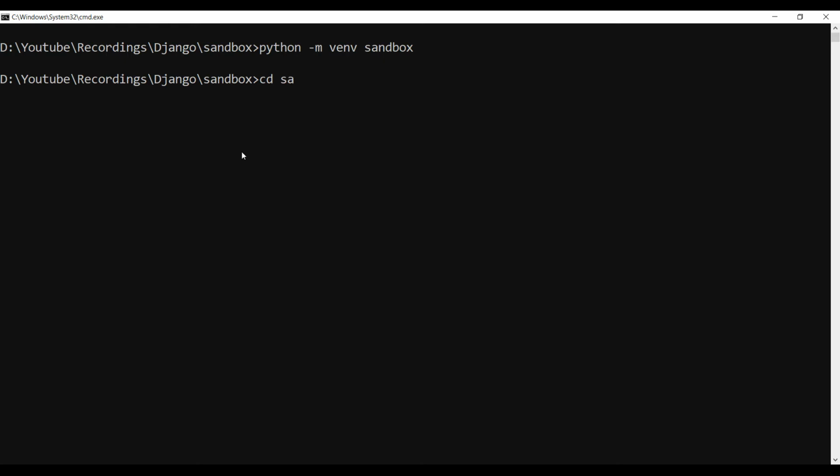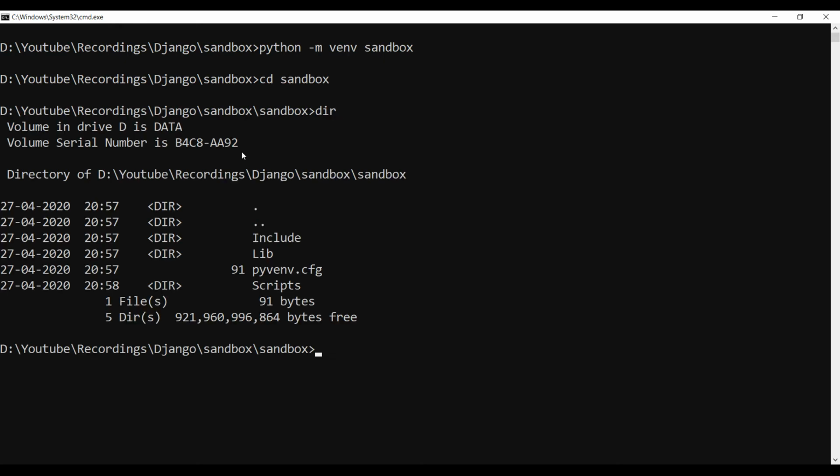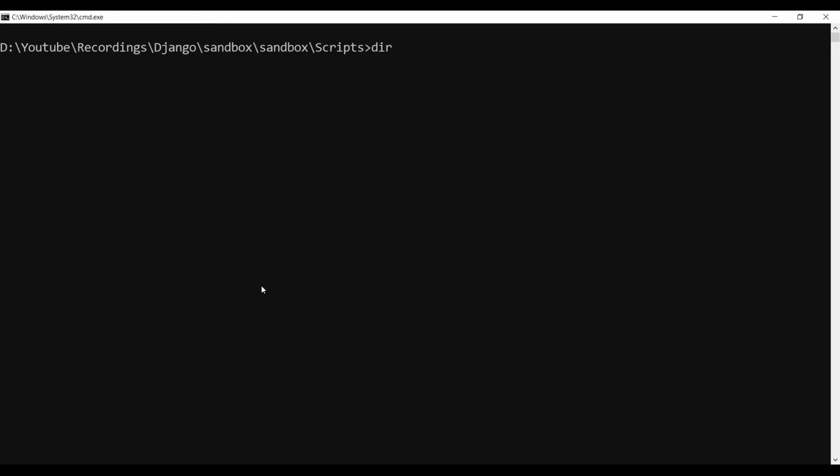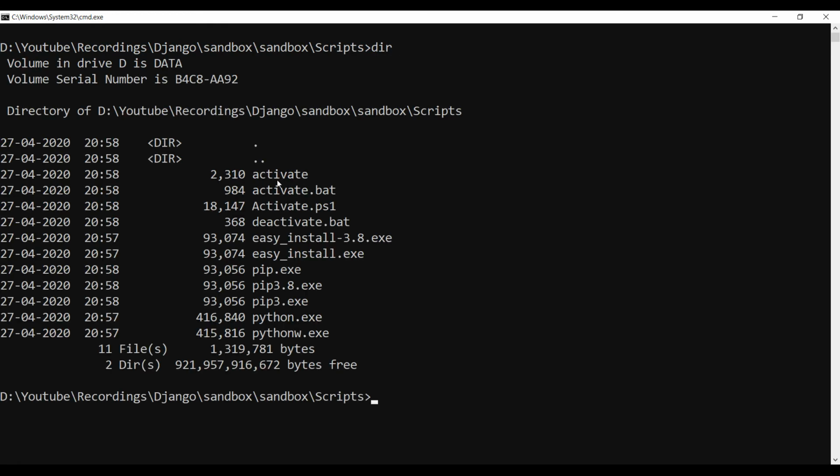Once the virtual environment is created, cd into the new directory and see the contents. You should see a folder called Scripts. If you cd into this Scripts folder, you will see a file called activate.bat.